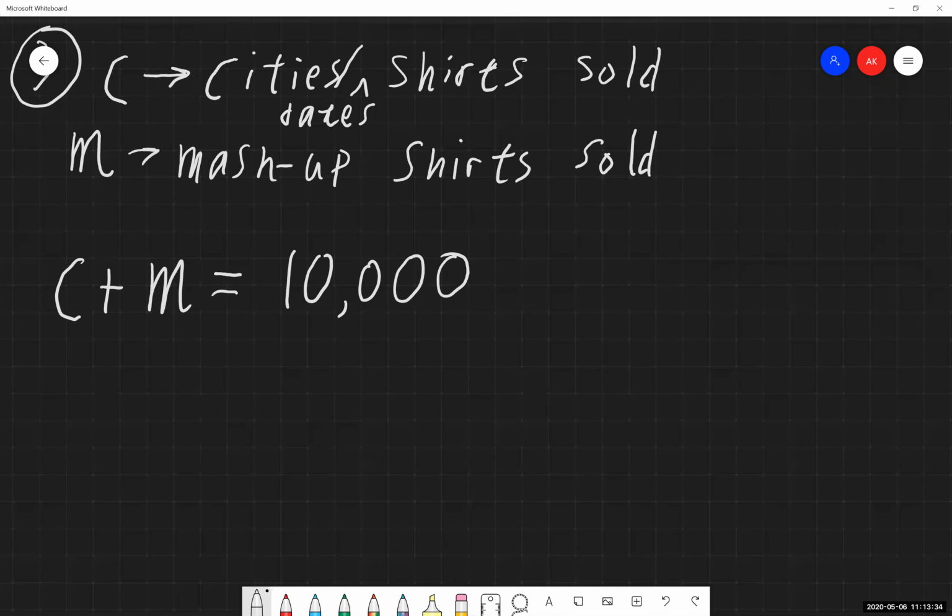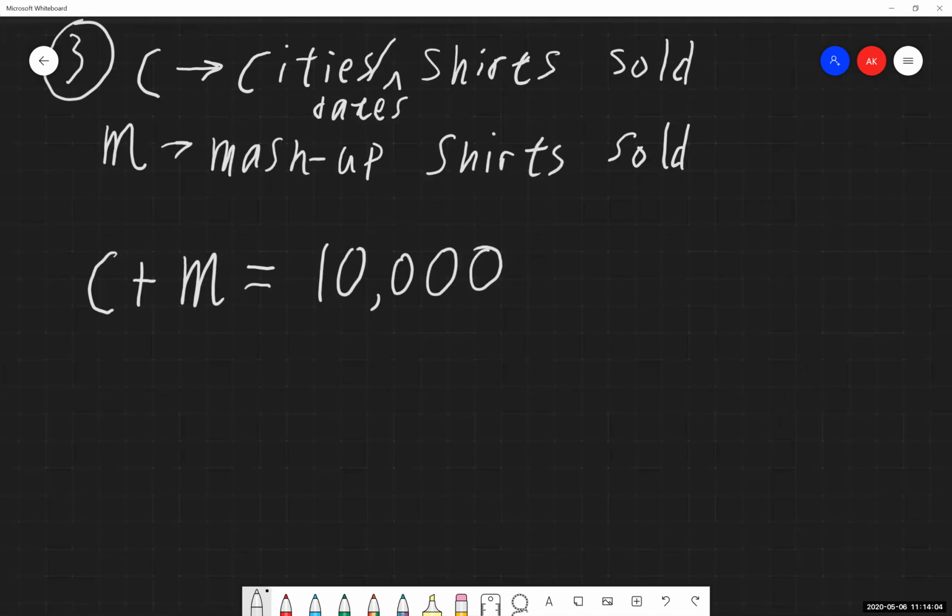Okay, and the next one that we've been told in that same sentence, there was a combined total of 10,000 of these t-shirts sold for a total of $332,500 at their first 3 shows. So I know the raw numbers of how many were sold. That's our first equation that we just made there. And then we've also been told the total amount of money that they made based on the number of t-shirts sold. So we're going to be making some information with that.